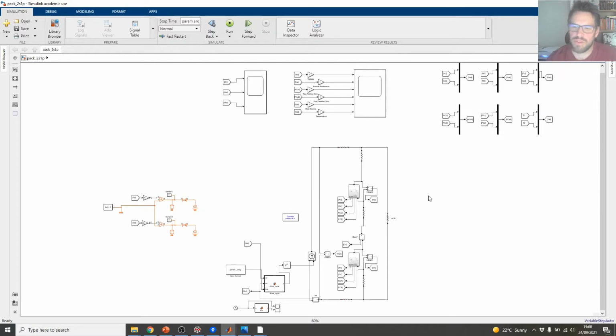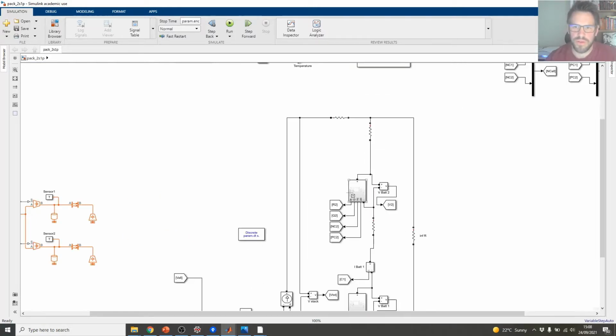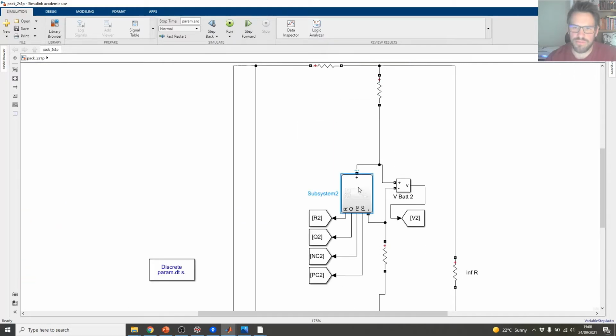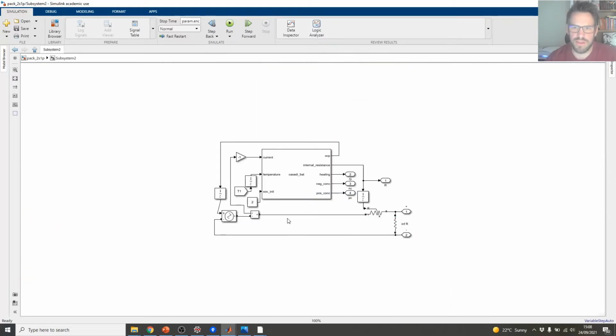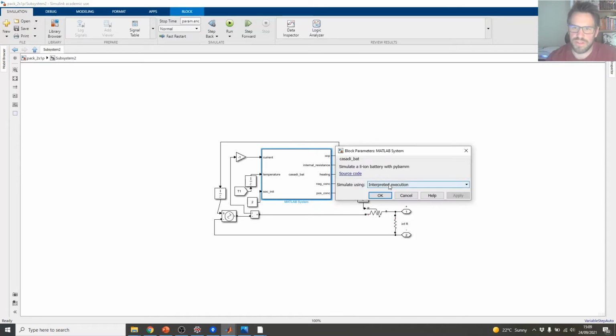We're working on getting everything a little bit more robust, but essentially the method that I've used to couple the two together is to use the Casadi solver, generate an integrator and a variable evaluator function in Python, and then load those into Simulink. So we have the battery subsystem objects, and inside here you can see it's basically just a voltage source and an internal resistor, and then what sets those two values, there's a script which is interpreted execution,